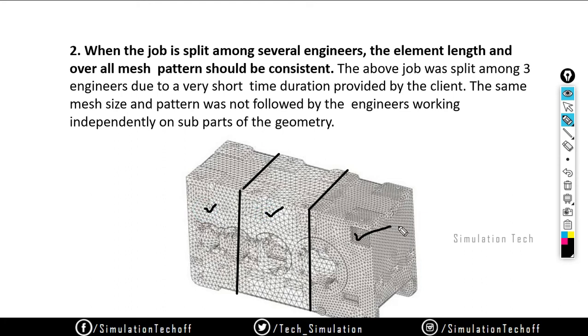What you're gonna do here is you need to follow a particular pattern. So if you are using an element size of 3 mm, all of you are gonna use the same element size and same mesh pattern. So if you are using tetra, this fellow also uses tetra. So if you are using a hex mesh, this fellow also uses hex mesh. Right now this is not a recommended one. Why? Because if I try to connect all the split parts into a single one, the nodes and elements cannot be matched, because the sizing and the node counts, everything will differ.